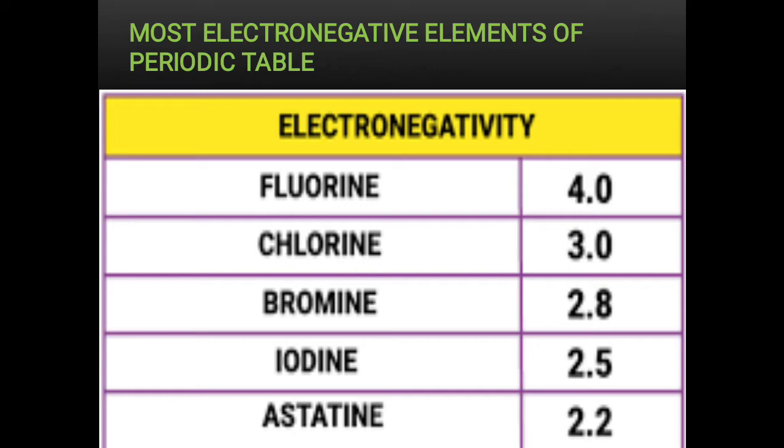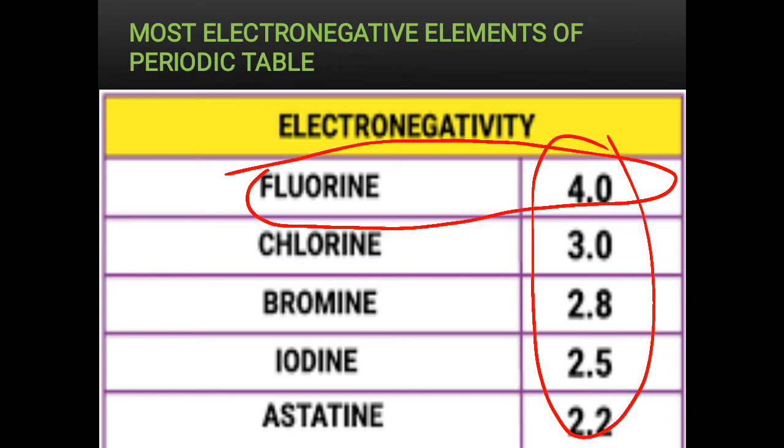The next thing, the very important fact which should be understood and remembered all the time, that halogens are the most electronegative elements of the periodic table, because the fluorine is sitting at the top. You know, the fluorine is assigned a value 4.0 electronegativity on the Pauling scale, and it's not only fluorine, all the other halogens are having maximum electronegativity of their periods. So we have to consider this thing when we study the chemical properties.